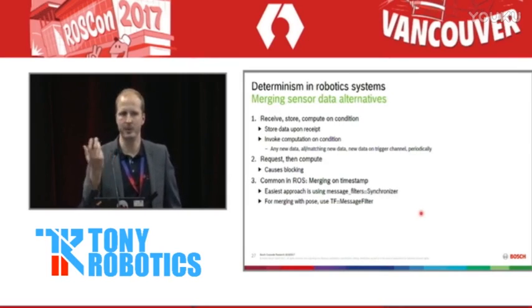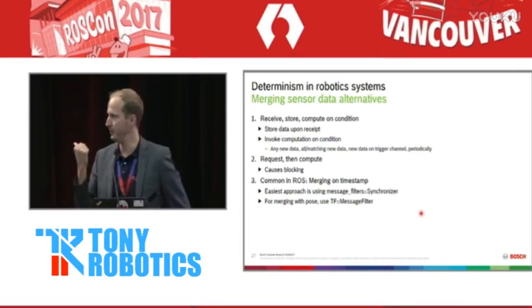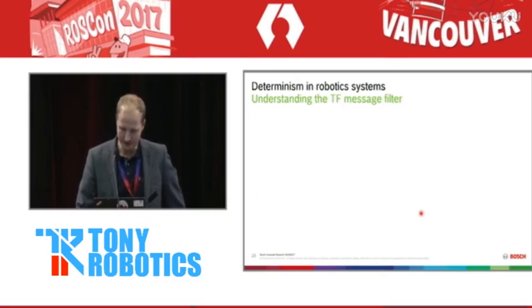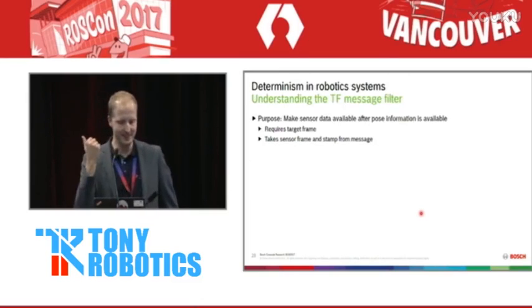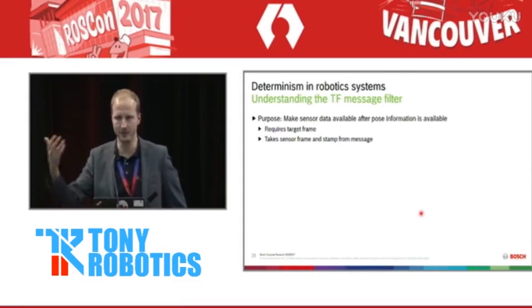to, for example, in a move base, to know where the robot was when the sensor message was taken. There's a TF message filter for that. And the TF message filter is a tricky beast. Right, so the purpose of that is what I just said. You only start processing the sensor data once you know where the robot is. So you have to give it the target frame that you want to interpret the sensor data in, and then